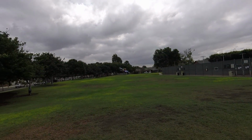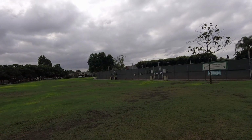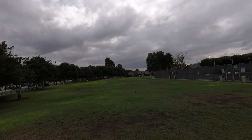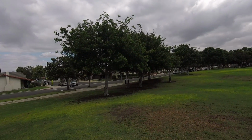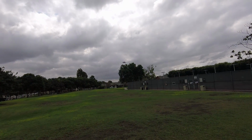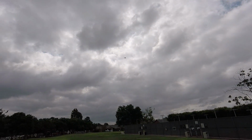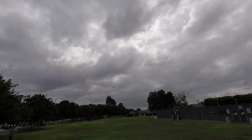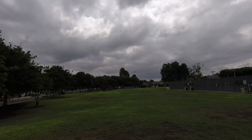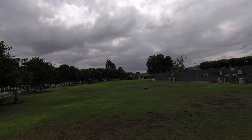Does feel a little heavy in the air, but power is okay. Definitely flyable on these PIDs. Let's do a little acro flight here. And these rates are pretty low. I don't like these rates. Rates and PIDs are very personal, so